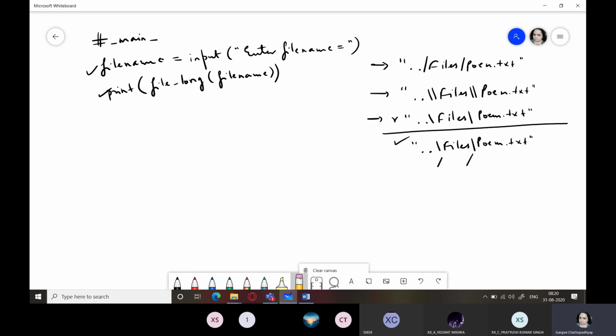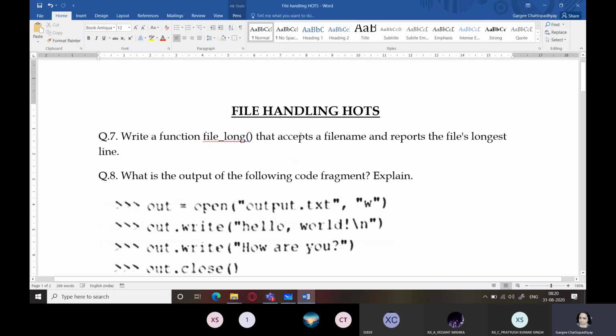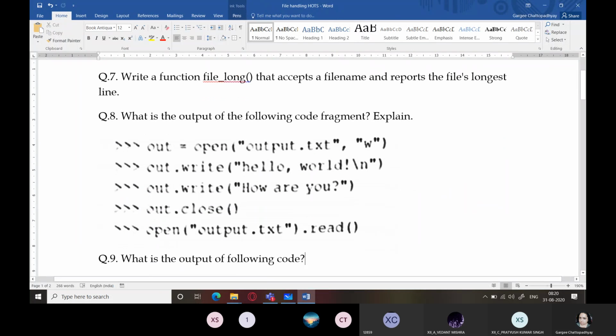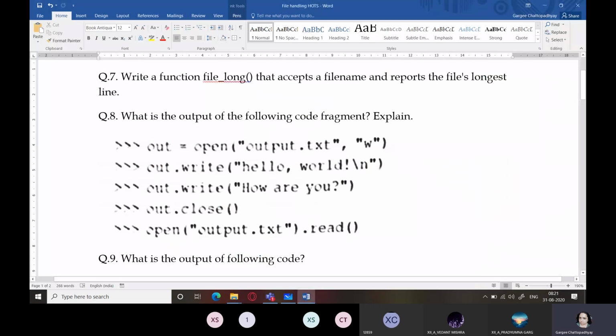I hope everybody understood this question. Is it clear to everyone? Will you be able to do it? Yes, ma'am. Okay, only Pradyum is giving the answer. What about others? At least give me the answer through chat. Okay, very good. Yes, ma'am. Good, good. See, this I always keep on asking because I'm not able to see you people. So that is why I need a confirmation that you people are there in the class, right?